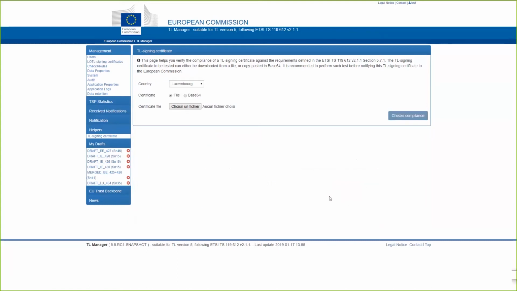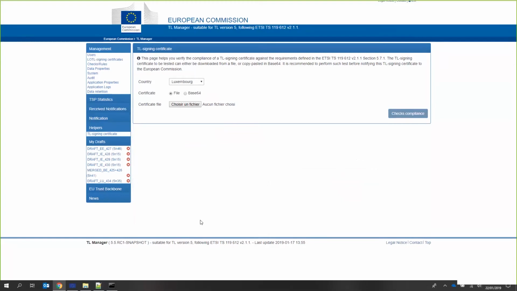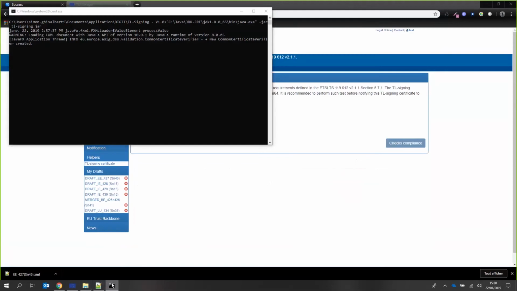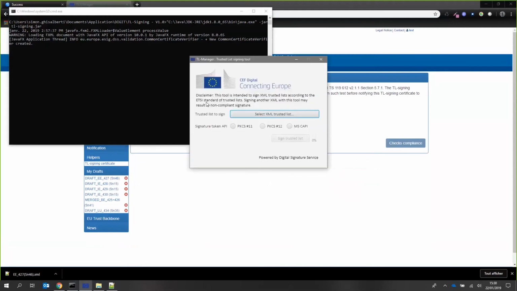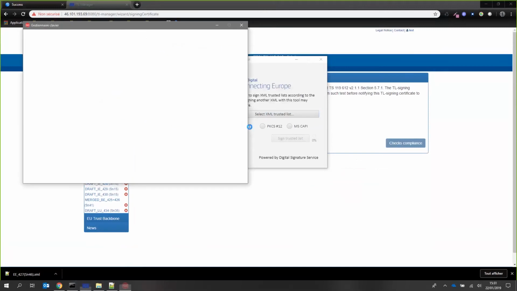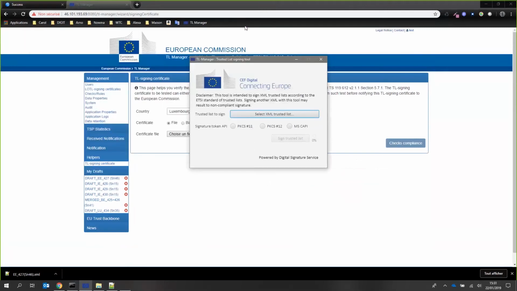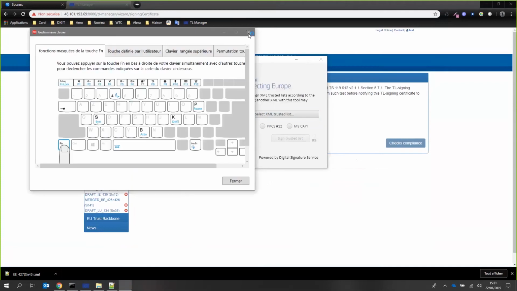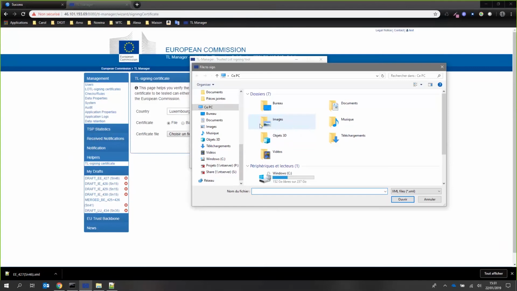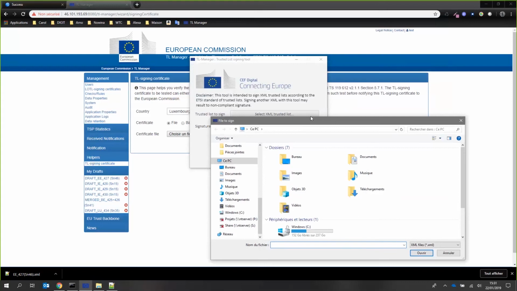Let's finish with the signing tool. As you can see, it's a dedicated offline tool based on DSS. A very simple tool, but it's just for helping you. As I explained, for signing, if you want to use that tool, you have to extract the XML version of your trusted list and then designate that trusted list in the tool. So let's suppose we have already extracted an XML version.